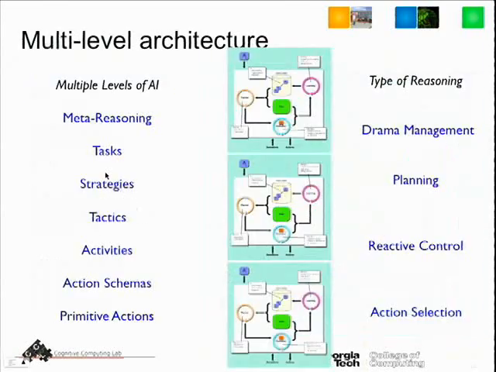In fact, it gets more complicated. We have stacks of these things. We want to have a range of asynchronous reasoning and learning agents, all the way down from the primitive action level, where we're just selecting the next action to perform, all the way up towards planning with strategies and tactics, and even up to drama management, looking at the whole evolution of the game and deciding if the game is going in the right direction. And each of these is an AI problem in itself.